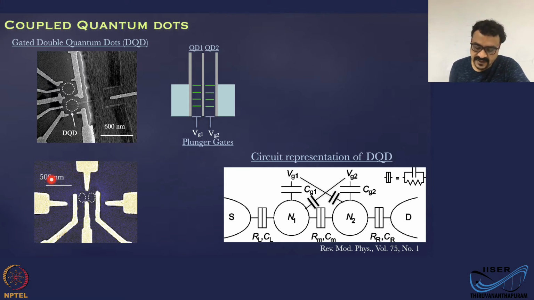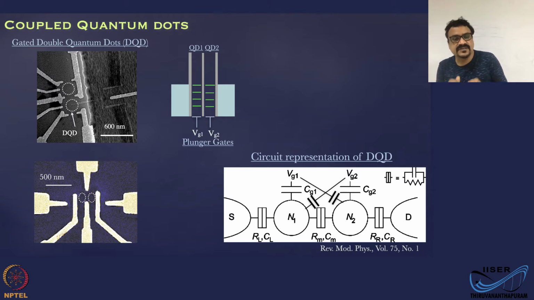This is a slightly different geometry where when you energize all these gates with negative voltages, you will get two small puddles of electrons, which represents the double quantum dot system. Compared to this geometry, this design is found to be more attractive when you want to go to really low electron number or smaller quantum dots.